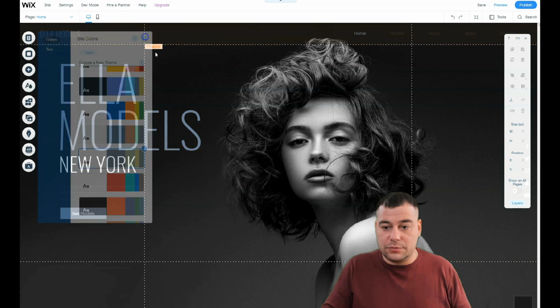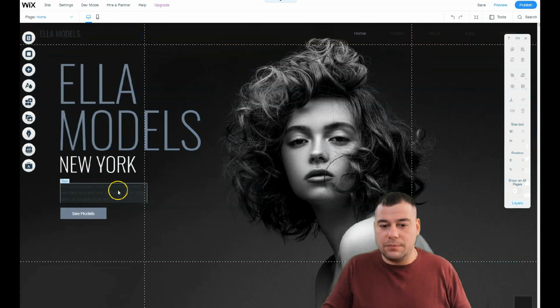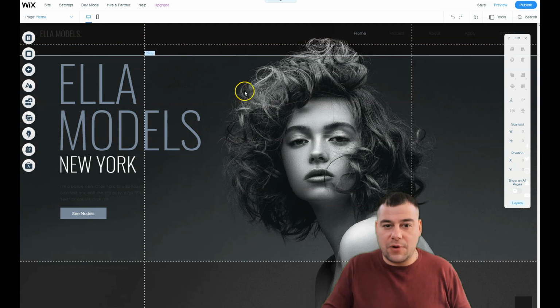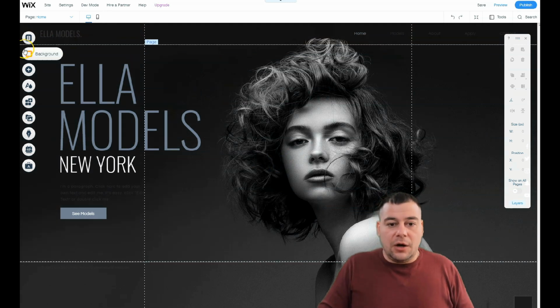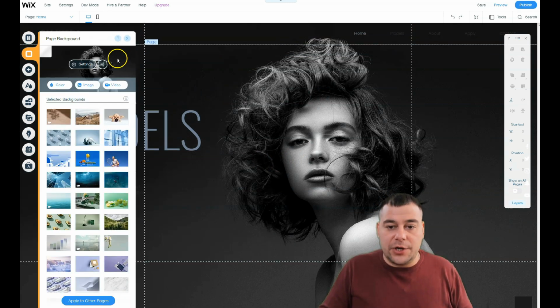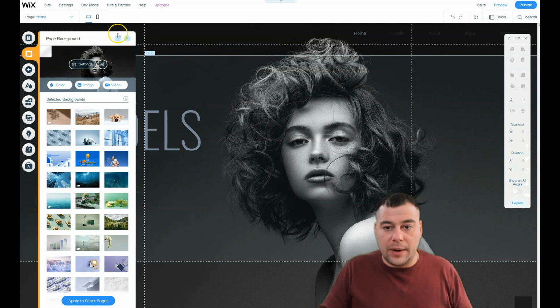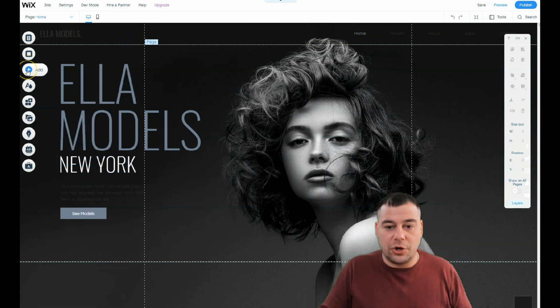Okay, that looks pretty minimal and pretty great and cool. All right, the background. Here is the background of a whole web page. I will not change it to show you what it means, because